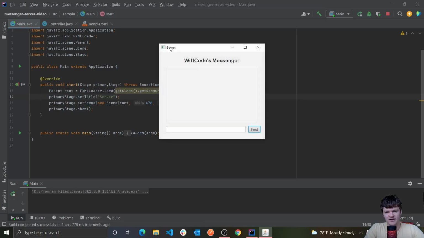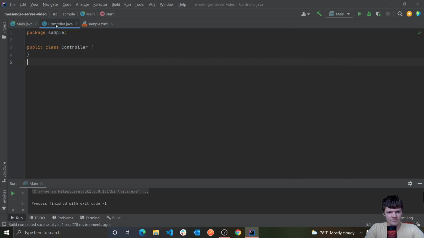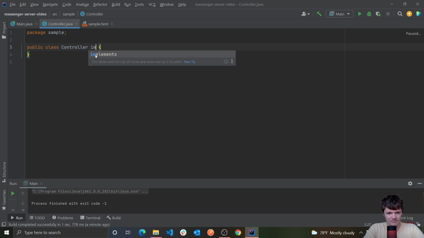There, WittCode's messenger, and we have our server like that. Sweet. So now we can start coding. So first thing we're going to be working with is our controller. And so the first thing we're going to do with our controller class is we're going to make it implement the class